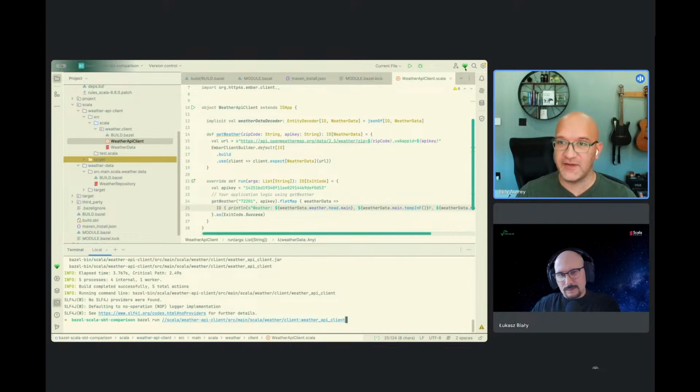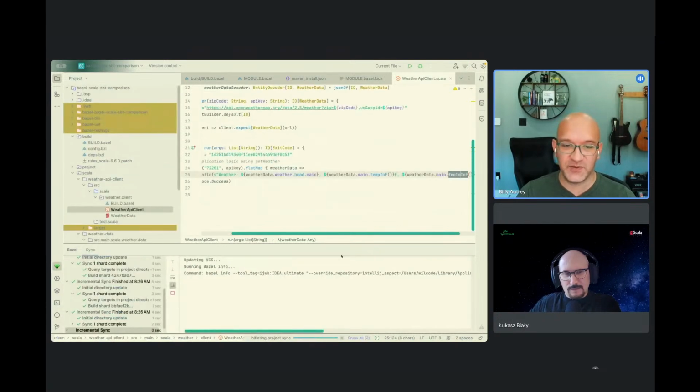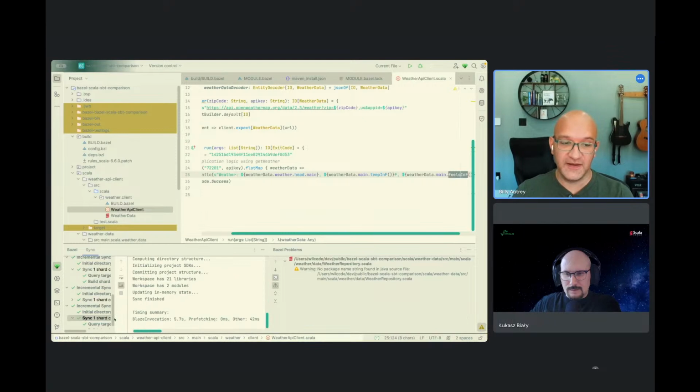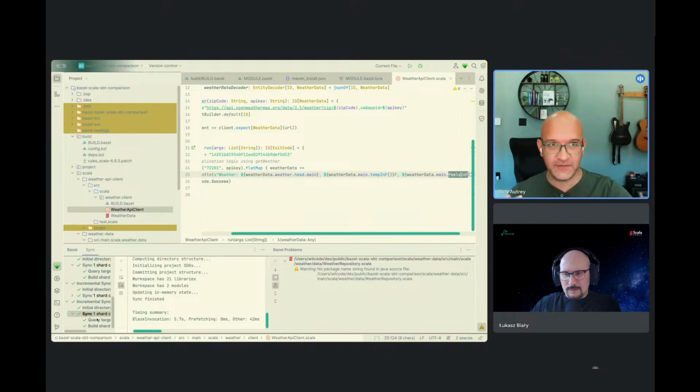So the first thing I'm going to do is click on sync. There's a little thing that comes up and it says sync project with build files. So this is just running a Bazel sync. This is probably really interesting to know. It's running in shards. If you have a really giant build, it will actually cut this into several tasks that run with several workers.